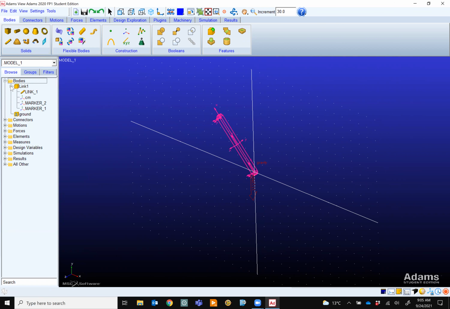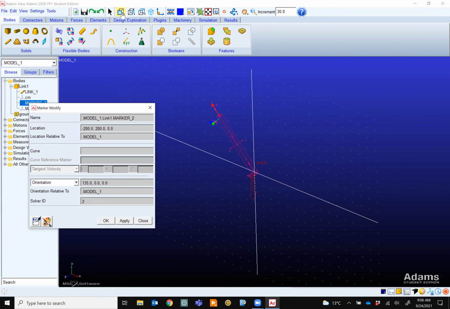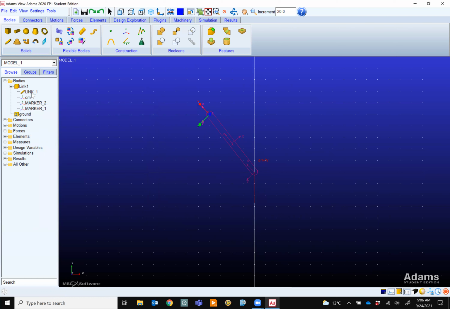All right. So this link, again, I open it, I can change. See, now we have 2 markers, marker 1, marker 2, because it's a link. And we can change the position of each of these 2 points. So you have the control, let's say marker 2, modify, marker 2, let's say you still want to be on the same plane, but this is right now minus 200 in X and 200 in Y, let's make it 250. Apply.